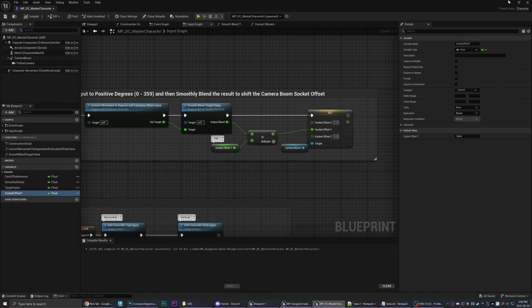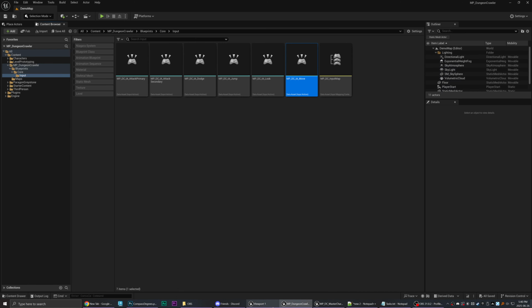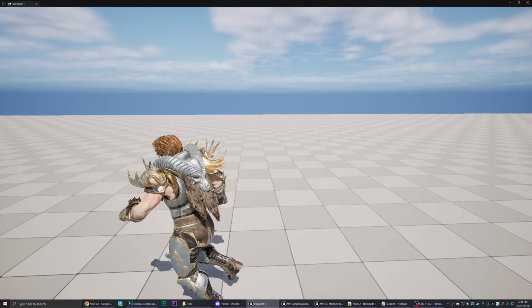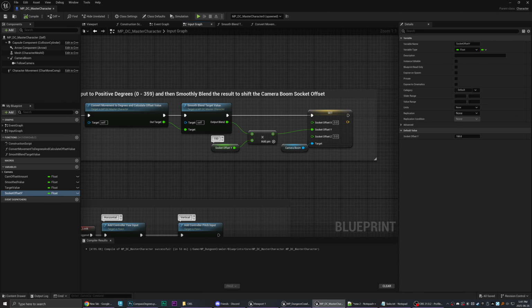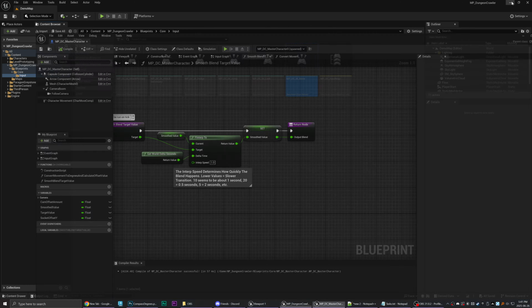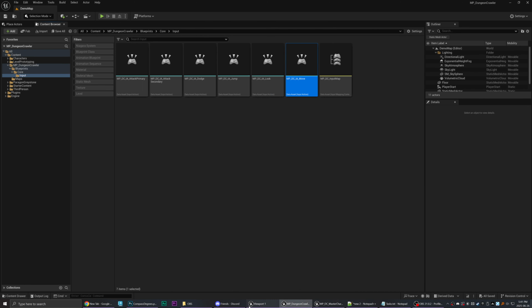So anyways, guys, hopefully this can be of benefit to some of you. So final look, now that we've got this happening, you'll see those nice smooth blends when I stop moving. And if we were to adjust the value of our lerp speed here, let's set it to 1, and that'll be much slower. So now you see how it takes a while for the camera to slide into position when we hit play. It starts at 0 and then it slowly slides over.